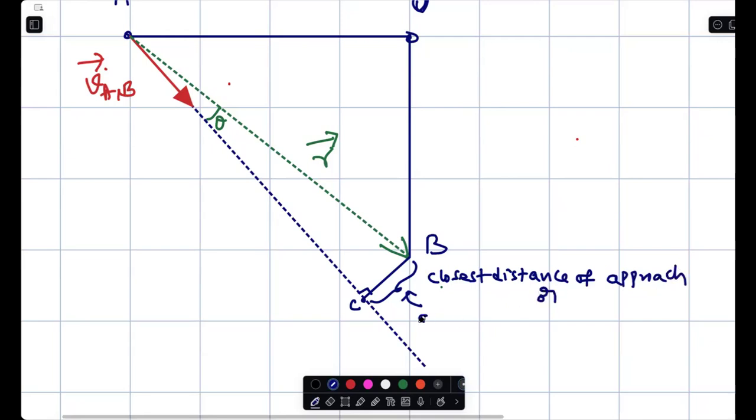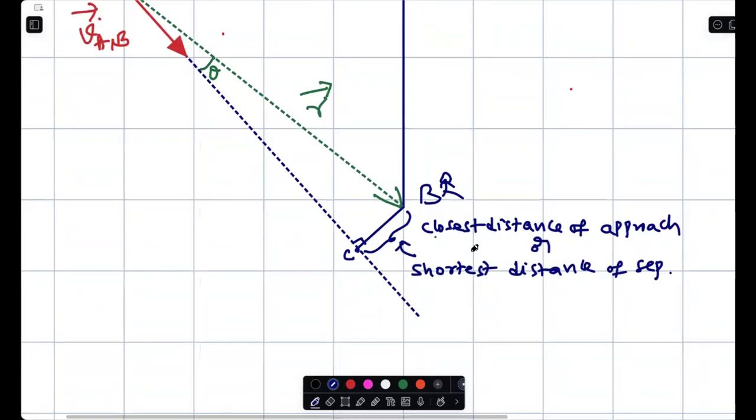Or shortest distance of separation. Remember, you are still in the frame of B. When B sees A will pass through a point C, that is the nearest point from B. Suppose in this case, you see,